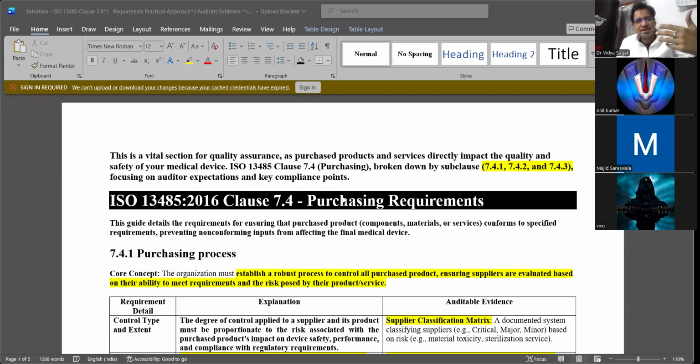But when I read the NC grading, as I told you some time before, grading depends upon the direct or indirect impact of the clause on the system, on the safety and performance of the device.